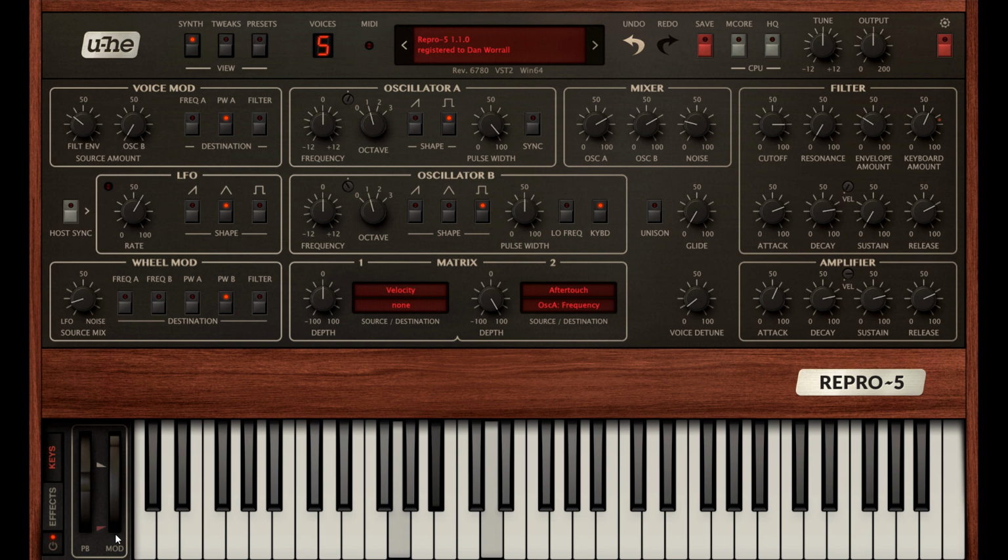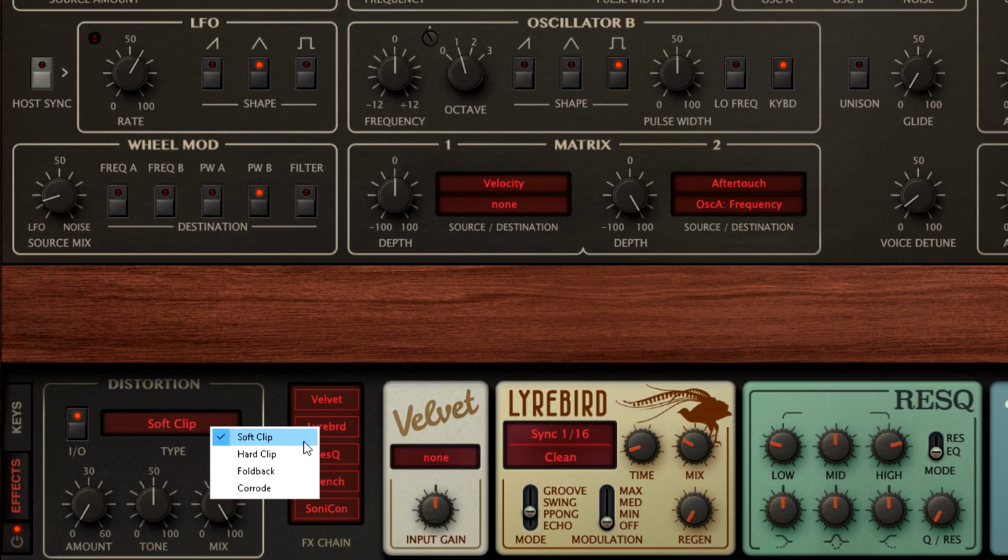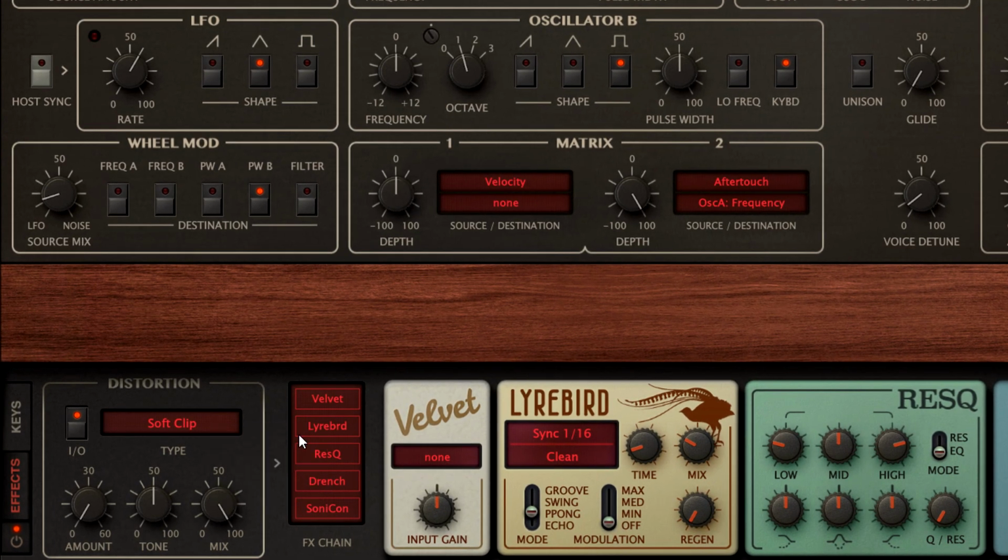Okay, now let's switch to the Effects tab and turn on the Distortion section. 4 different distortion types are available, but I'm going to stick with soft clipping for now and turn up the amount knob by just a few dB to thicken the sound and add harmonics without sounding obviously distorted. The tone knob acts like a tilt filter, so you can make it sound warmer or brighter. And you can soften the distortion by blending it with the dry signal.